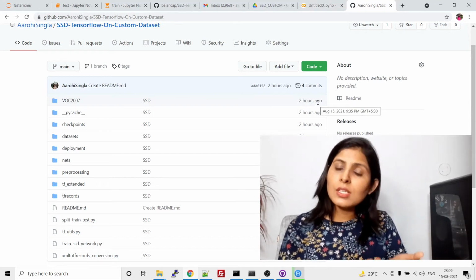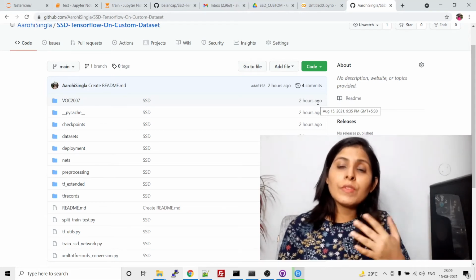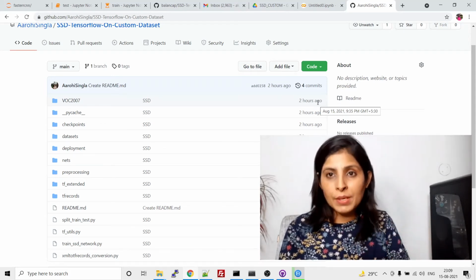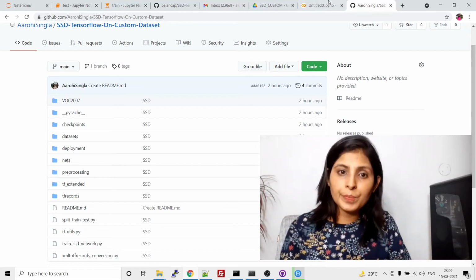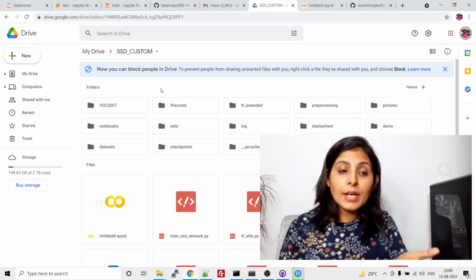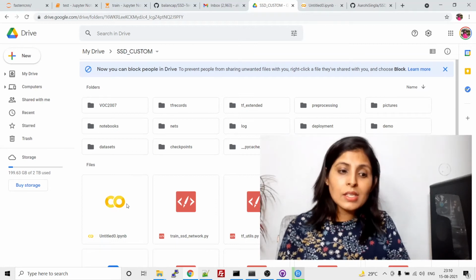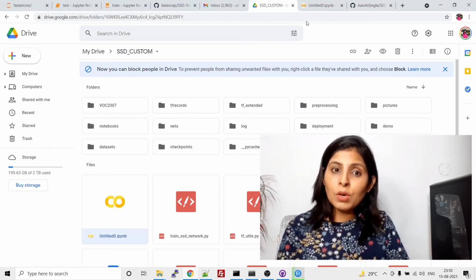This is the same GitHub repo which I used in my previous class when we were executing the same code on our PC. We have pasted that GitHub repo over here on my drive under this particular folder name, and this is my Google Colab notebook which I'm showing you.